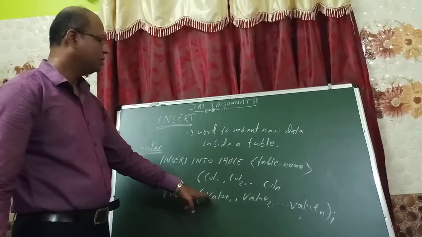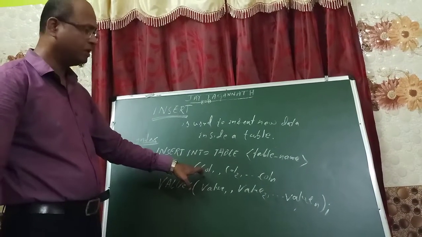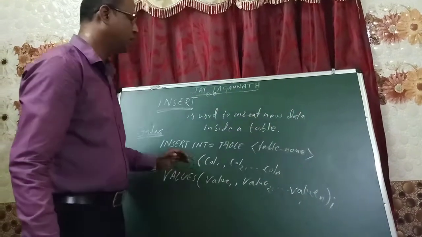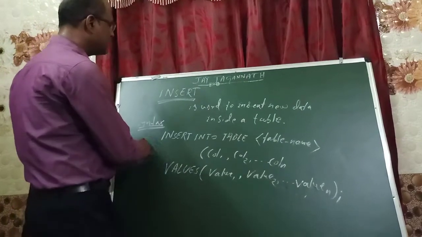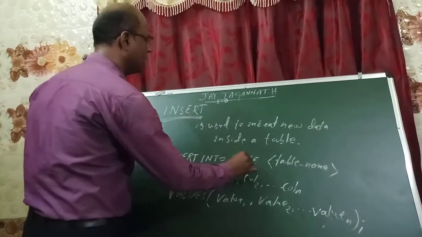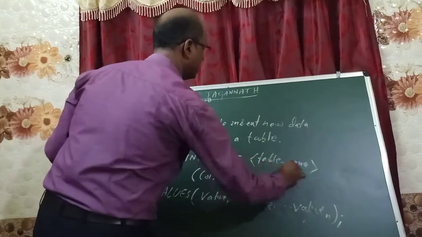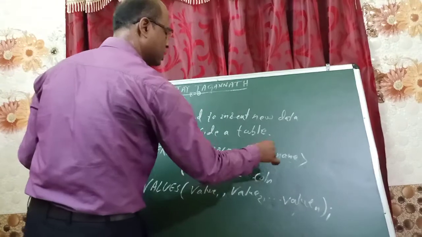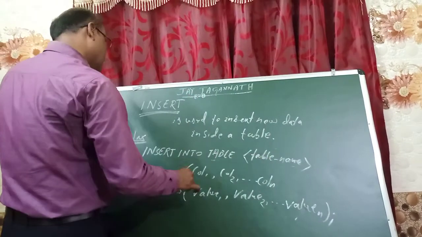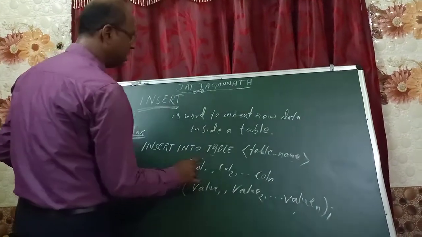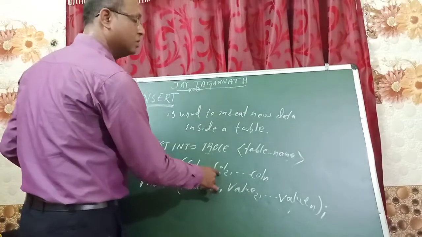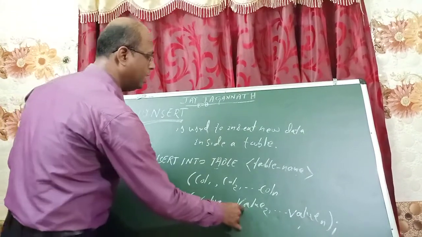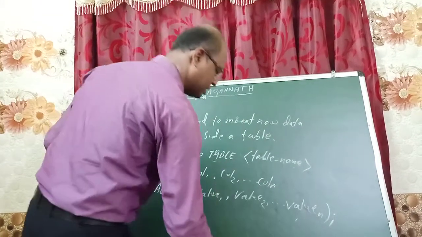This value is used for this column name, and like this order is going on. The syntax is insert into table and table name. In which table you want to insert the data? For example, for student table we want to insert the data, then you mention the student here. Column 1, for example, roll number. Column 2, name. Column 3, mark, values, give a roll number, and name and mark. We will see the example here.